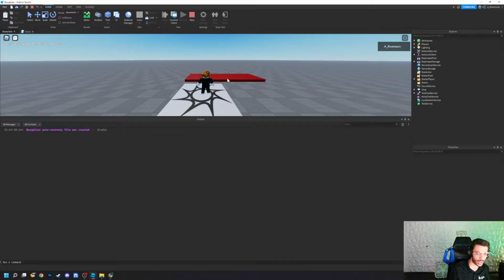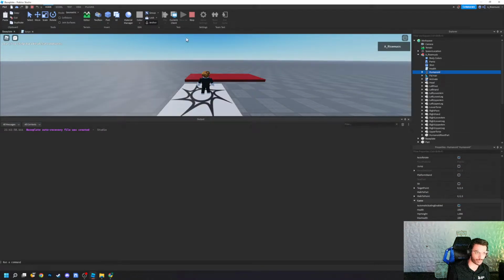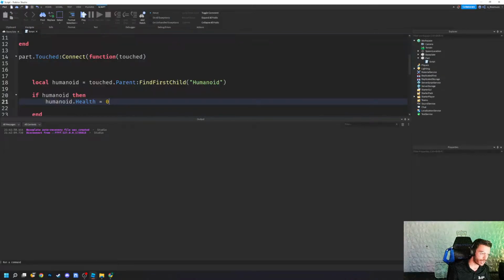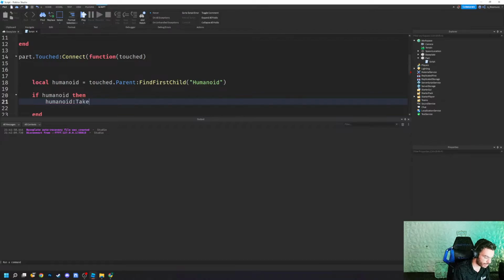What happens is when I touch this block, my humanoid's health will go to 0, which will automatically cause my character to pass away. And this is a fully functioning kill block. Another way you can do this is you can go ahead and use the method TakeDamage as well. This is a method that the object humanoid can perform,